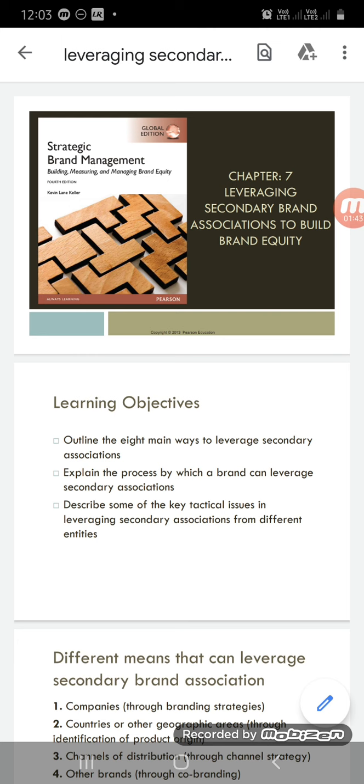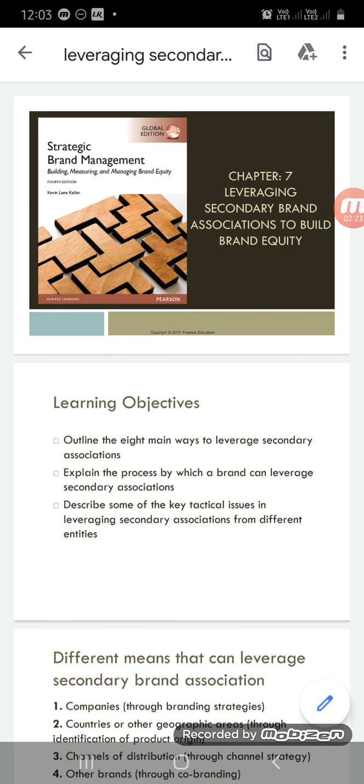Now in this slide, we have a few learning objectives, which are 8 main ways to leverage secondary associations. We will go through that as we proceed in the slides. The process by which a brand can leverage secondary associations. Having secondary associations is not enough, but trying to ensure that the consumer is also aware of these associations and how it is going to help him or her to make a choice or a purchase decision is specifically explained in the second objective. And the third one is to describe some of the key tactical issues in leveraging secondary associations